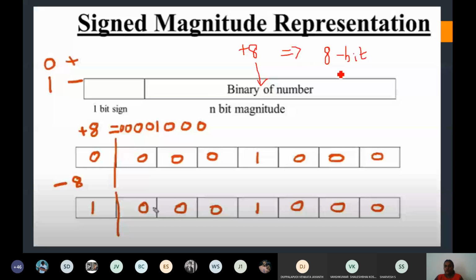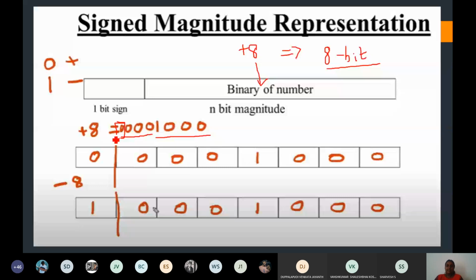What I have told you, the last 1 bit, the least significant bit, it is going to be the what? Sign bit. For example, what is the binary representation of 8? It is actually 1000. But how many bits I'm going to make use of to represent? I'm going to represent in 8 bits. So 1, 2, 3, 4. Add 4 bits along with that, and the last bit is going to be what? It is a sign bit.